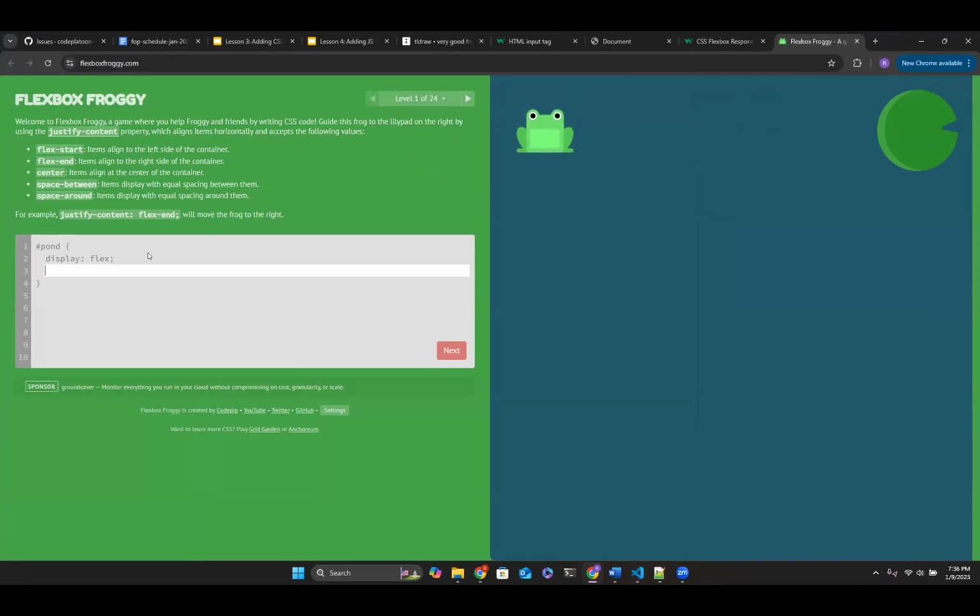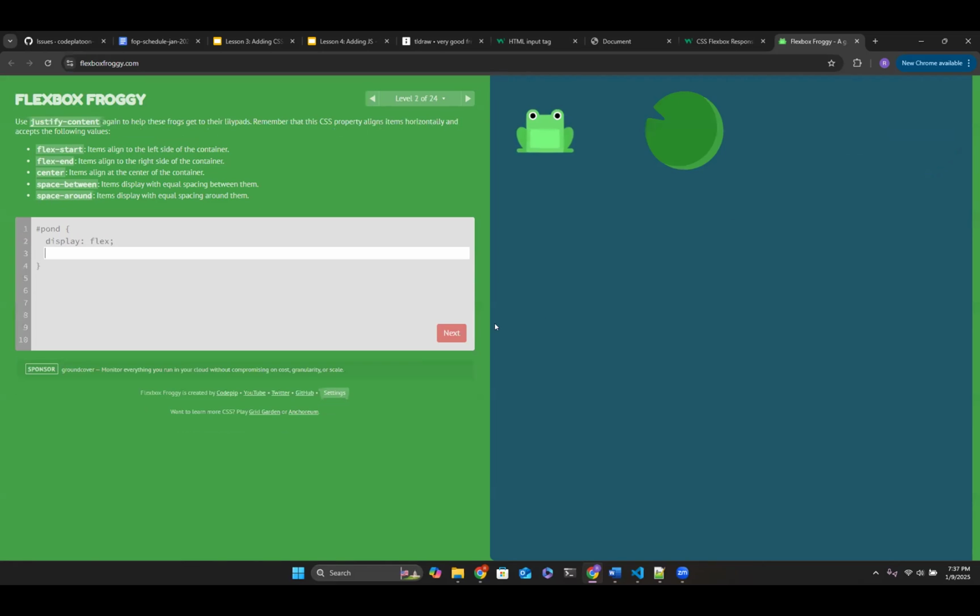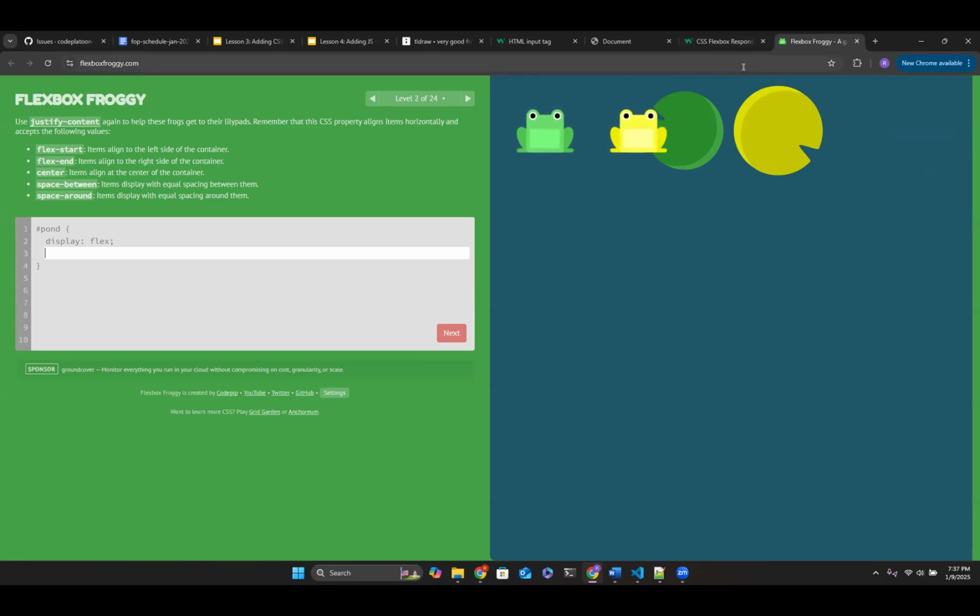But this really lets you practice how to work with Flexbox, right? For example, here we have this frog, and the goal is to move the frog onto the lily pad. And it gives you the different commands that come with Flexbox. Here we have justify-content: flex-end. It will move the frog to the right, right? It already has flex there for you, and you can use the commands and you will see how that works and how it moves it. It's a very useful tool. I typically do this right before every time I teach this class because I get very rusty with my CSS.